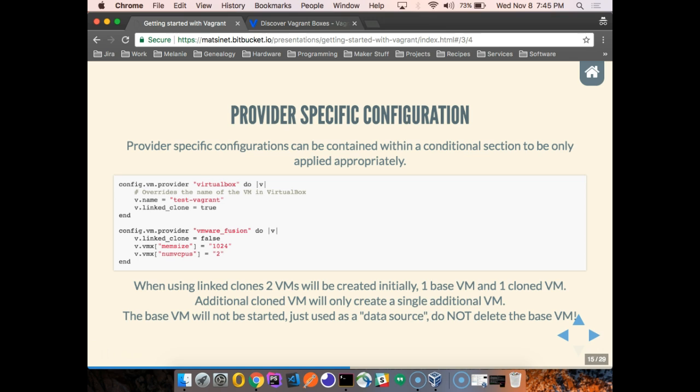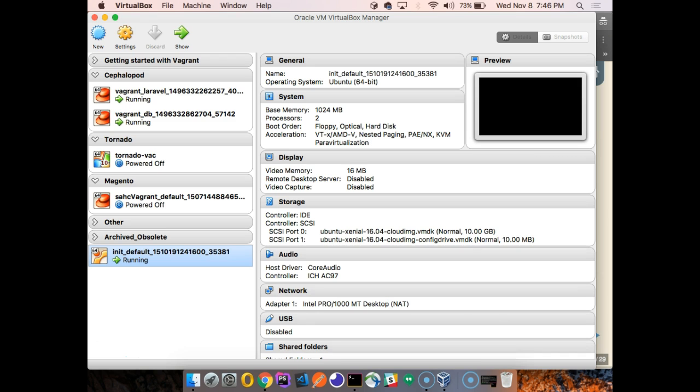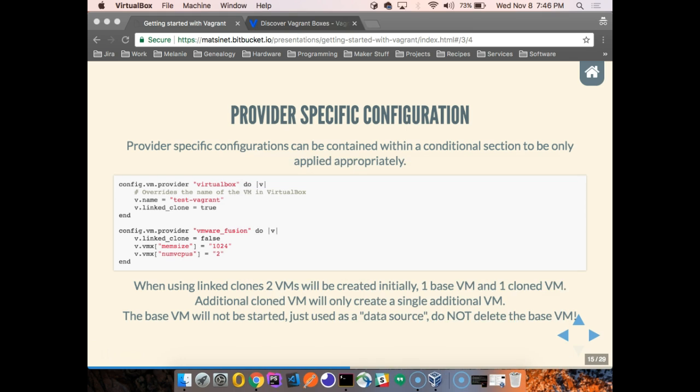Here you can see you can set up conditionals in your Vagrant file. So this one's specific to VirtualBox. This name right here will be what it's named inside of VirtualBox. So it wouldn't have named this a net default timestamp. It would have given it the name that is inside this code block. It would have just named it test vagrant. So instead of generating a random name,